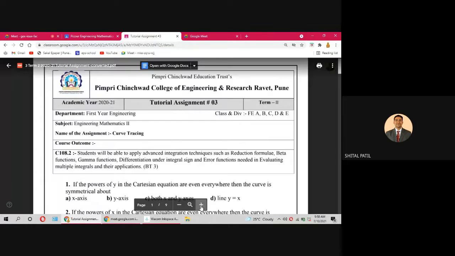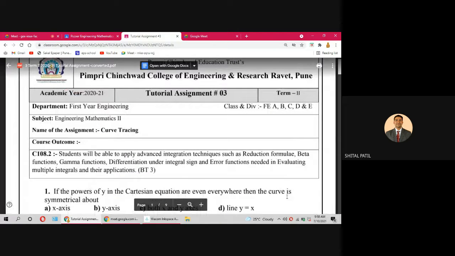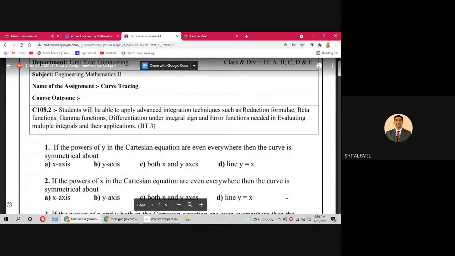Okay, first question. If powers of y in the Cartesian equation are even everywhere, the curve is symmetric about x axis. If powers of x are even, curve is symmetric about y axis. If the powers of x as well as y both in the Cartesian equation are even, then the curve is symmetric about both x and y axis. Okay. Question number 4. On replacing,